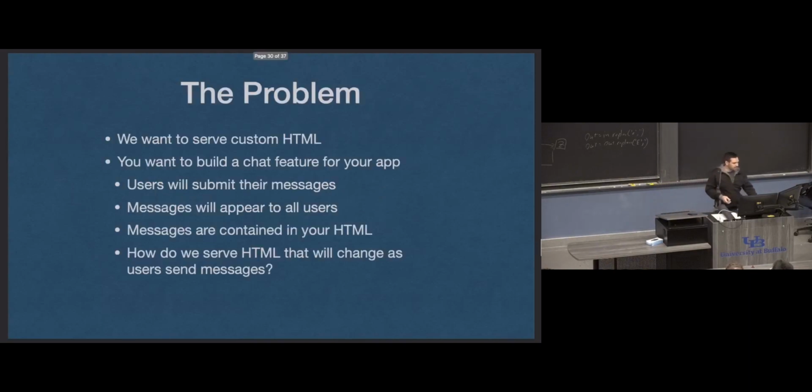Then HTML templates. We have a situation here where we don't want to serve the same HTML every single time to every single user. Starting with, I should say, Objective 2, LO2 on homework 1, you have to serve up HTML that says the number of visits for that particular user using their visit counting cookie. So how do we do that? I don't have a ton to say about this. I just want to make sure I point out that HTML templates are a thing, that's what we're doing.